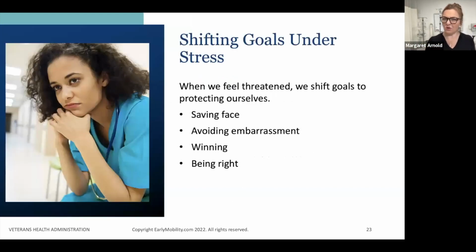We tend to shift goals when we're under stress. When we feel threatened, we tend to shift goals to self-protection, saving face, avoiding embarrassment, winning, or being right. It is a very threatening and vulnerable position to be wrong for some people. To be embarrassed by something we've done wrong being pointed out. So we tend to shift our goals from really being honest and addressing the safety issue at hand to protecting